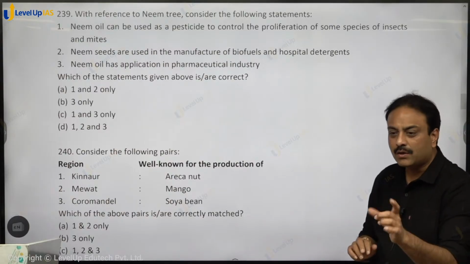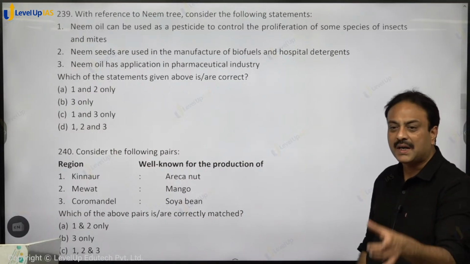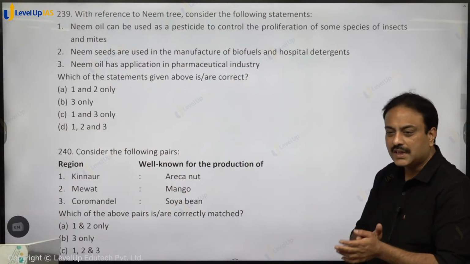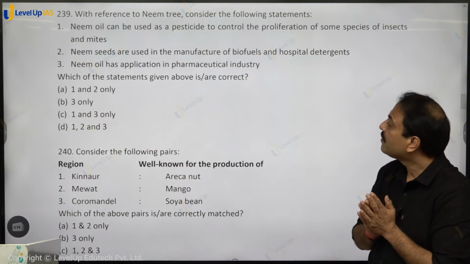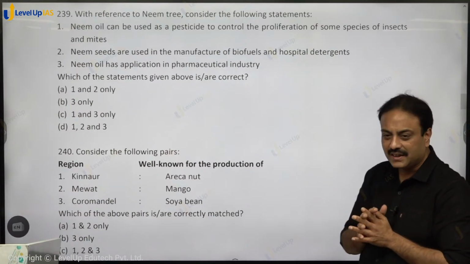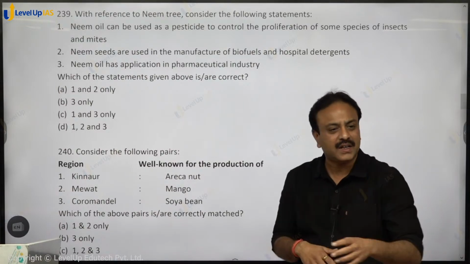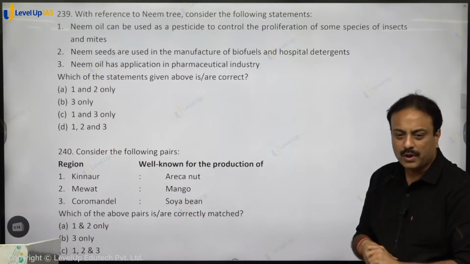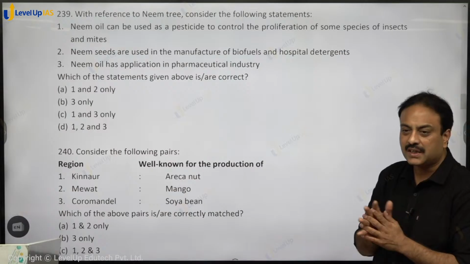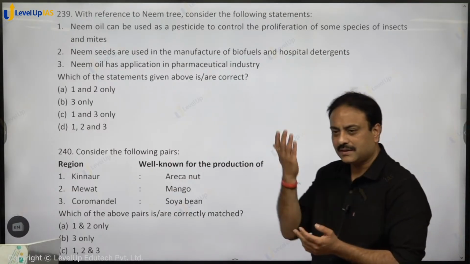Manufacturing of biofuels is not contradictory, but hopefully because of hospital detergent they might have considered the statement as a wrong one, but it is a true statement in a real sense, right? Neem oil has application in pharmaceutical industry. Antibacterial, antiviral, many things are produced using neem oil that is used as a coating. So UPSC has considered the answer as 1 and 3, option C for cat. Rest